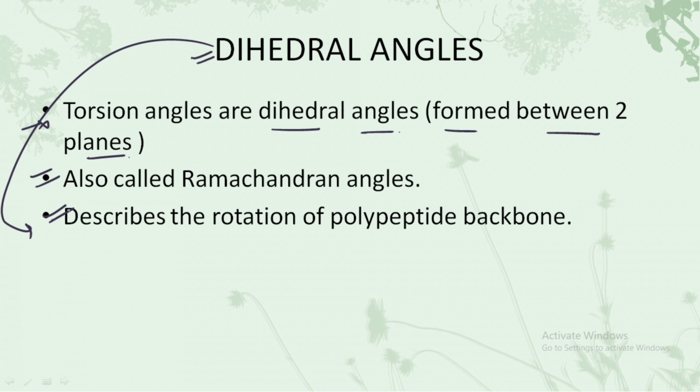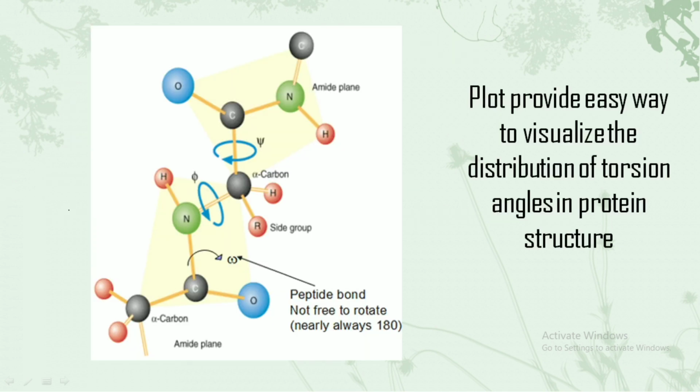We have to understand this with the help of this diagram. As we have just discussed the peptide bond, that is the reason why I explained first what a peptide bond is. Now it would be very easy for you to understand various other concepts also. There are 3 dihedral angles: the first one is phi, the second one is psi, and the third one is omega. All you need to understand is the area where these angles are actually formed.